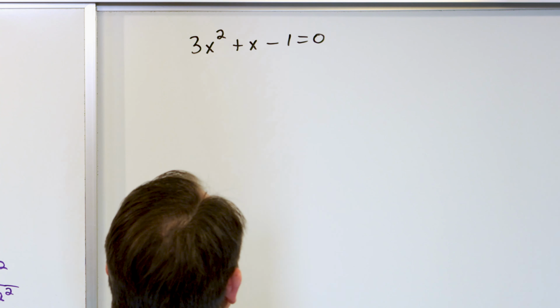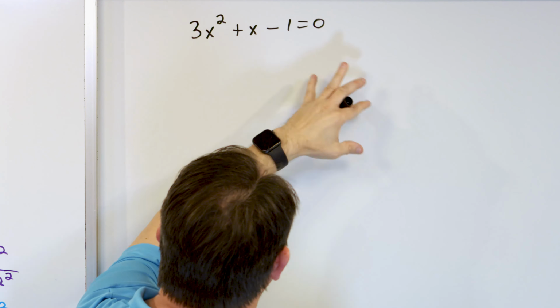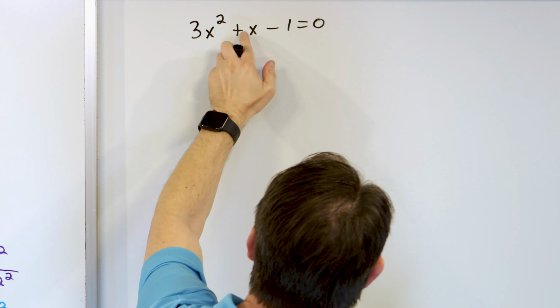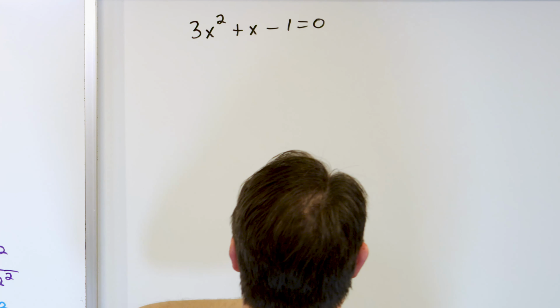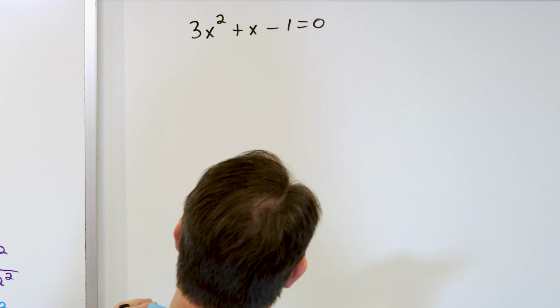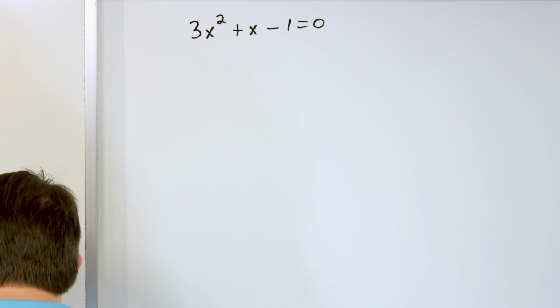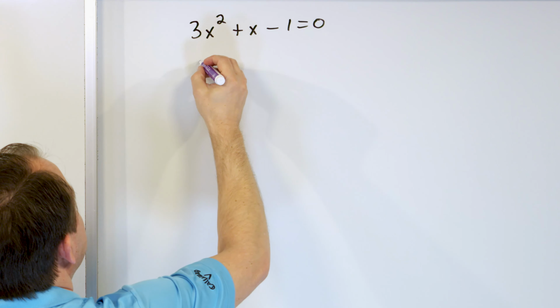Now if I was going to complete the square with this, I would have to move the 1 over, and then I have to divide by 3 to get all the coefficients right, and I have to take 1/2 of this, square it, add it to both sides, and then I have to factor the left-hand side, and then I'd have to take the square root of both sides, and then I have to move it around, and I'd finally get the answer. But now that I understand and have derived the quadratic formula,